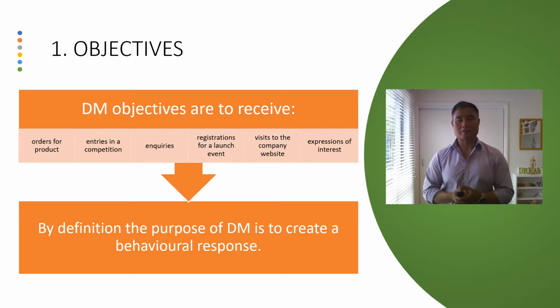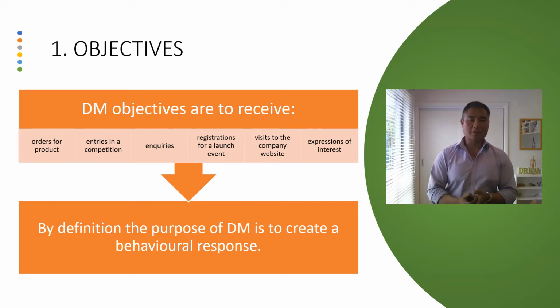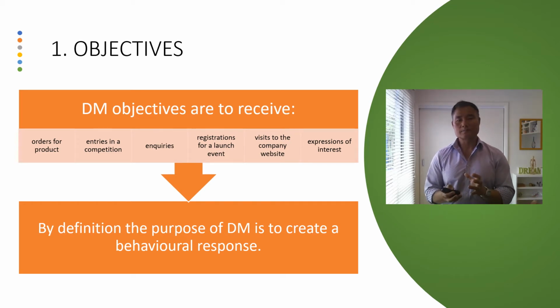But it could be other objectives as well. They have one thing in common, is that they're expecting a response from the audience, but it could be something like entries into a competition, right? Because when a person enters a competition, they by default have to give you some sort of information about themselves, at the very least their name and a way of contacting them, and that is all you need to begin the database. So direct marketing combines really well with sales promotions in terms of competitions and sweepstakes being one form of sales promotion. And that adds to the database that you can later on use to augment your direct marketing